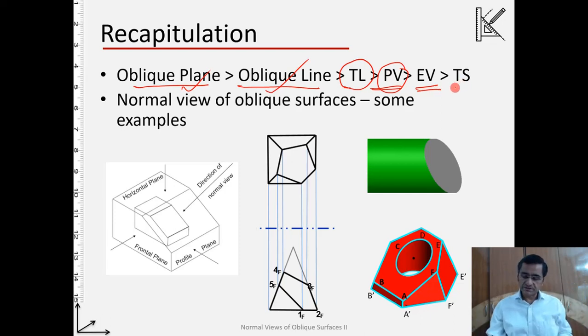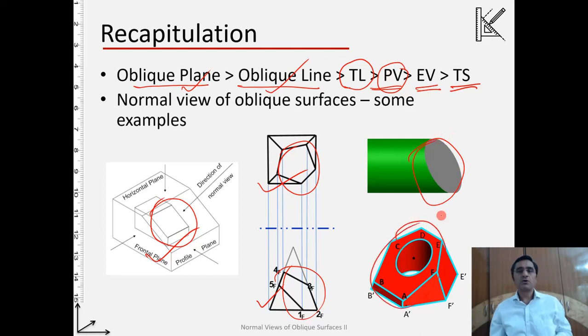So this is what we have seen, and using this we could create the auxiliary views, or we can say normal views, of many of these inclined planes. We have seen these examples. Today what we will do, we will reverse this problem a bit. So we have an object, say the isometric drawing of the object is given to us. Using the isometric, we know all the dimensions. Even if there is a surface which is oblique, I know its geometry and the dimension from the isometric, or maybe from some other source.